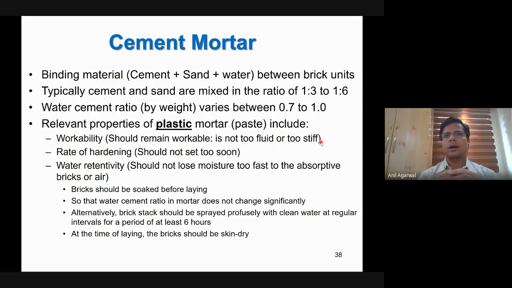If mortar hardens very, very quickly. So for example, at one place, a mason is mixing some amount of mortar and then another mason is using it to lay bricks. Now, what may happen is that you cannot mix mortar in very small quantities because that will take too much effort. You have to mix in certain sizable quantities.